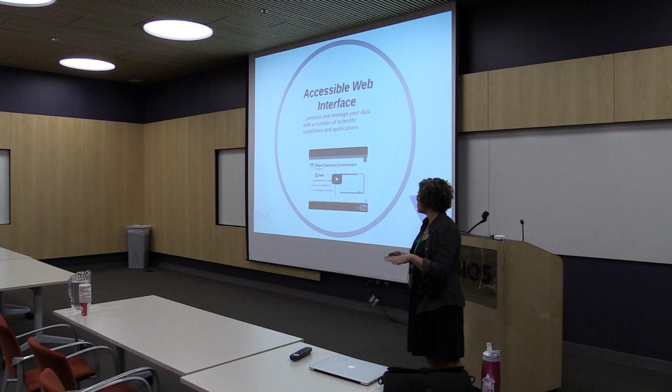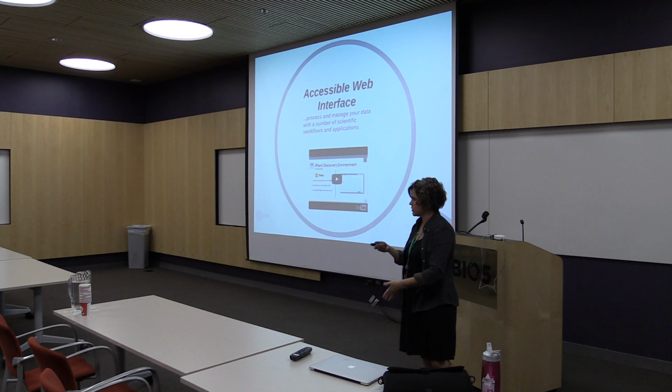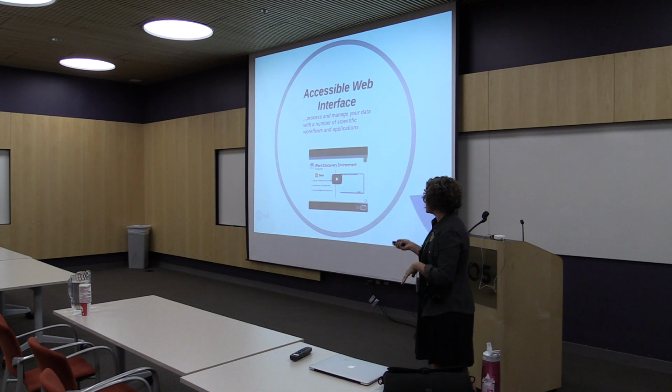There's also some really cool functionality for annotating your data when you're in there, and by annotation, in this case, I mean putting comments on, making remarks, sharing those with other people, so that you can actually collaborate with other users on your data as you're trying to get your experiments done. So we'll do another